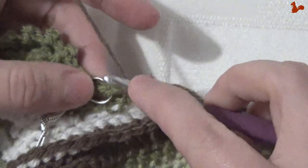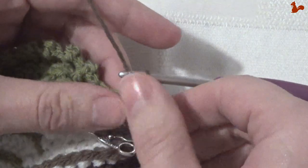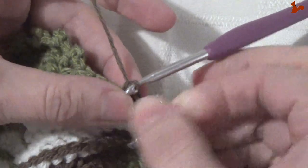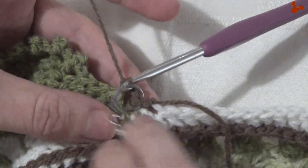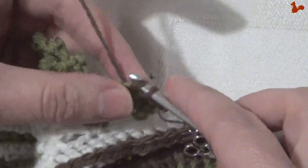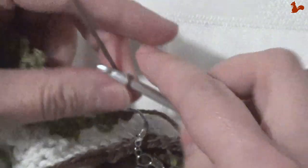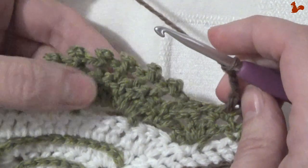So it's 1, 2 singles in that first stitch, and I'm just going to move the marker up to the first single crochet. There we go. So not the slip stitch, but the actual single. The next stitch gets a half double. Chain 4, 1, 2, 3, 4, and now we're going to do a back post half double on the third